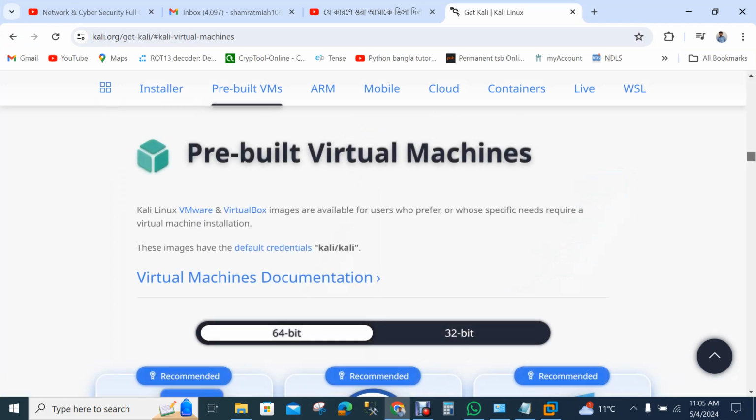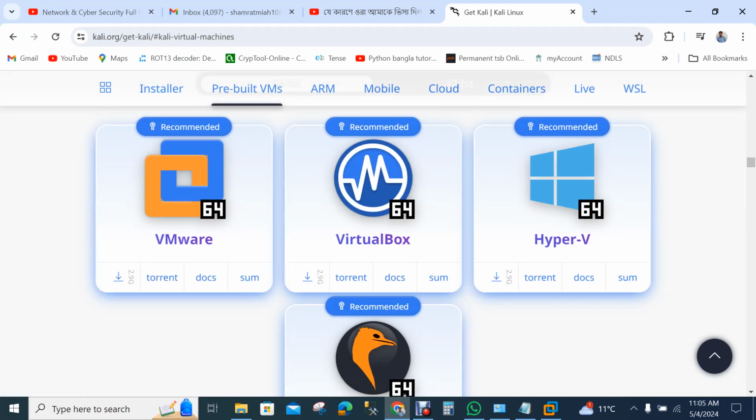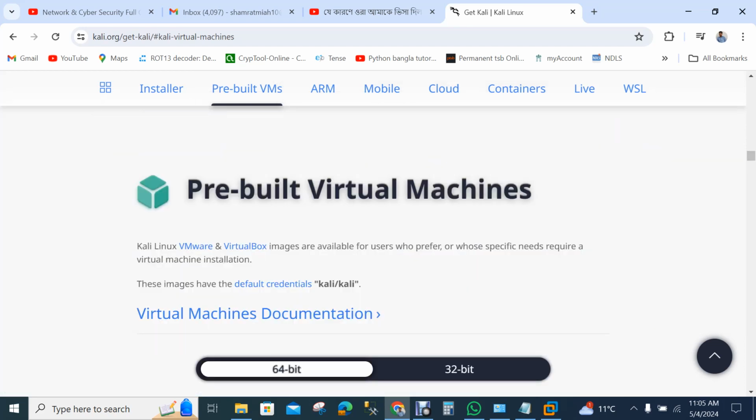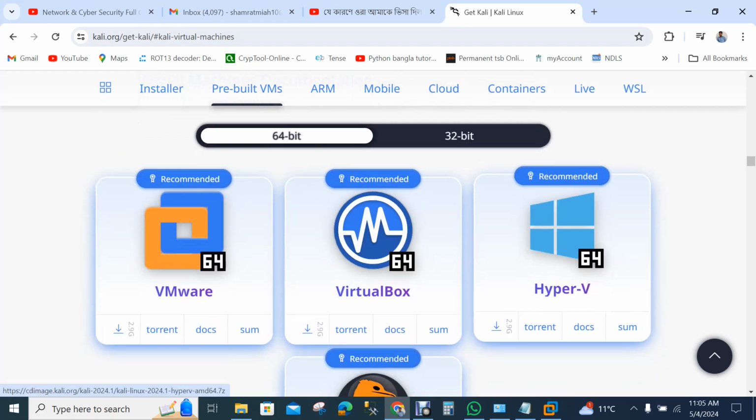And what is our operating system? Nowadays, most computers' operating systems and every user are using 64 bits. So 64 bits is very popular now.